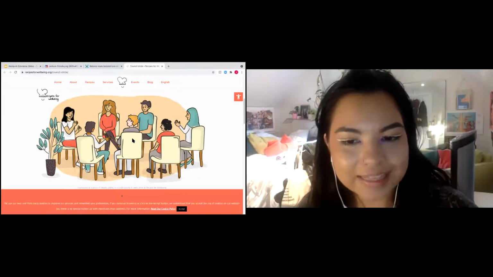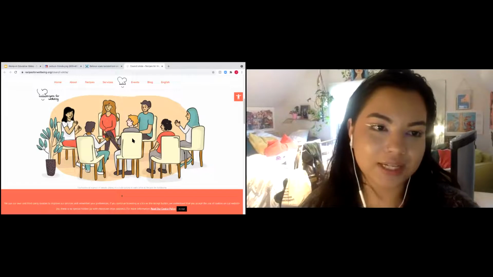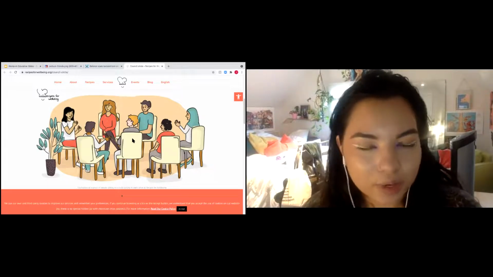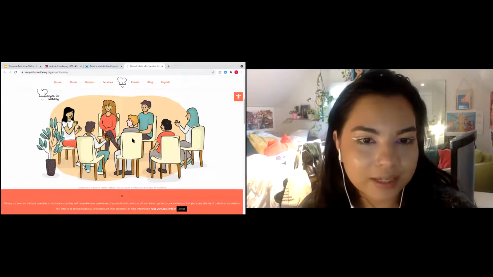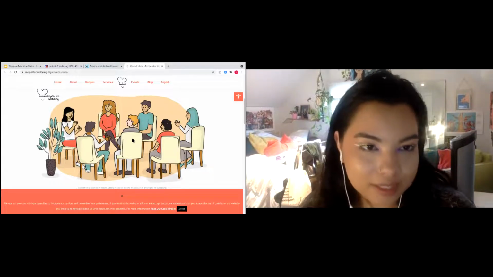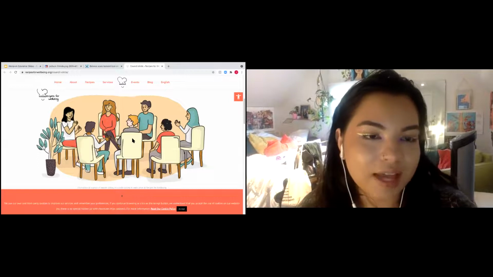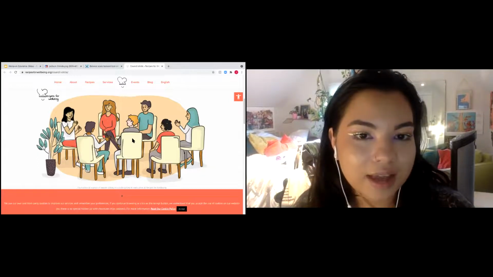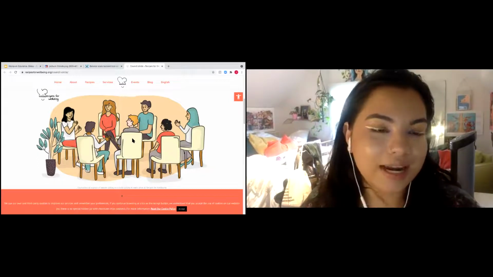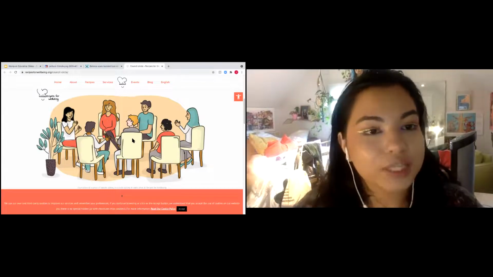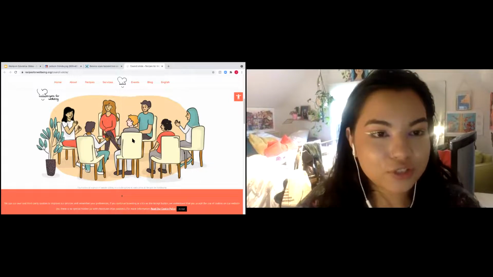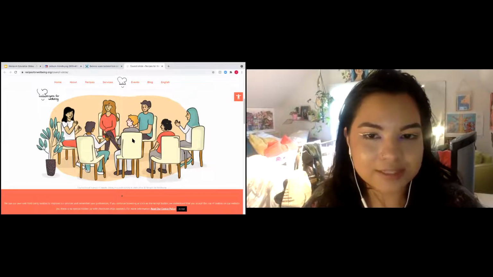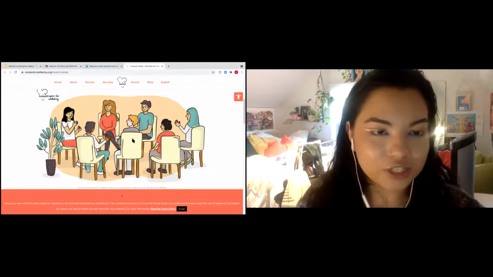Mm-hmm. I think for all types of agreement, discussion is such an important part of it, because when we talk about an agreement, that's how we build trust. That's how we make sure that the other person understands how we think of the agreement and that we understand where the other person is coming from as well. And I like this image of a circle because of the circle teachings that I've gotten.